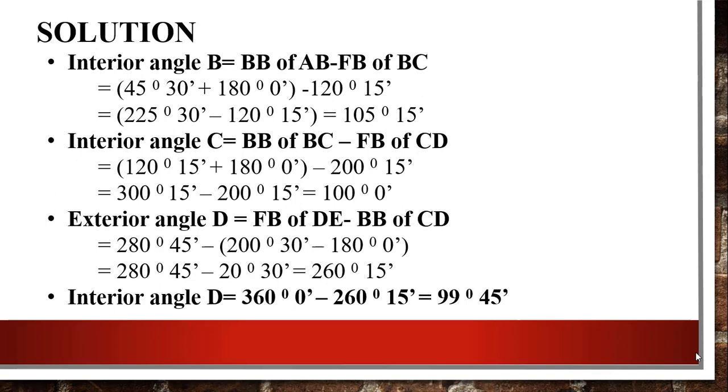Hope you understand the concept. Only you have to calculate the back bearing of a line with respect to the fore bearing. Fore bearing is given in the numerical. For getting the back bearing, you only have to add 180 degrees or deduct 180 degrees. When the fore bearing is greater than 180 degrees, you have to deduct 180 degrees for getting the back bearing, and when the fore bearing is less than 180 degrees, you have to add 180 degrees for getting the back bearing. Okay. So by applying this concept you are able to find out the interior angles of the traverse